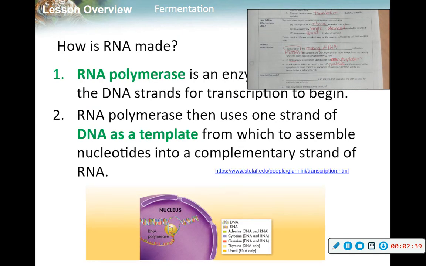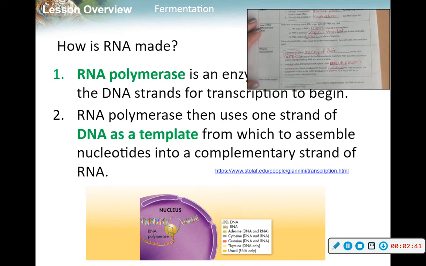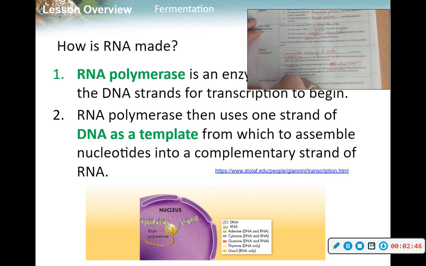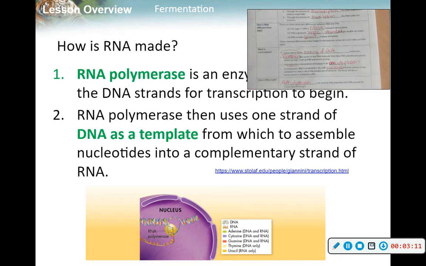So how do we make RNA? Well, just like with replication, you need enzymes to speed up the process. So RNA polymerase is an enzyme that speeds up the making of RNA, so it speeds up transcription. So remember, DNA can make DNA, that's replication. DNA can make RNA, that is transcription. So transcription uses only one side of the DNA as a template because RNA is single-stranded. So what that means,